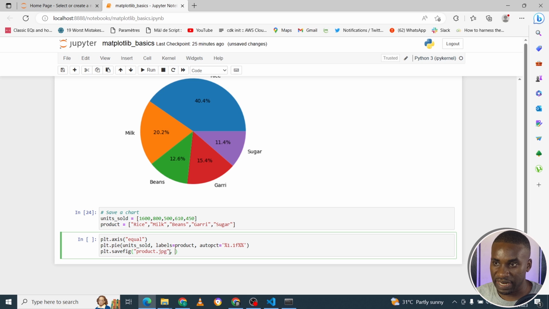Let's just leave it like that, and then we could decide to say we want bbox_inches. So we can decide the inches to be tight. These are just showing you some of the things we can do. We can pad it, pad_inches, having a padding of 1, and then we can decide that we want transparent, for example, to be equal to True. So if you run this now,